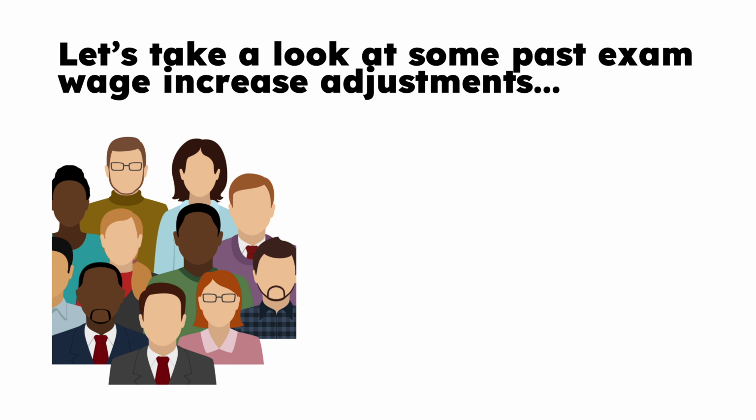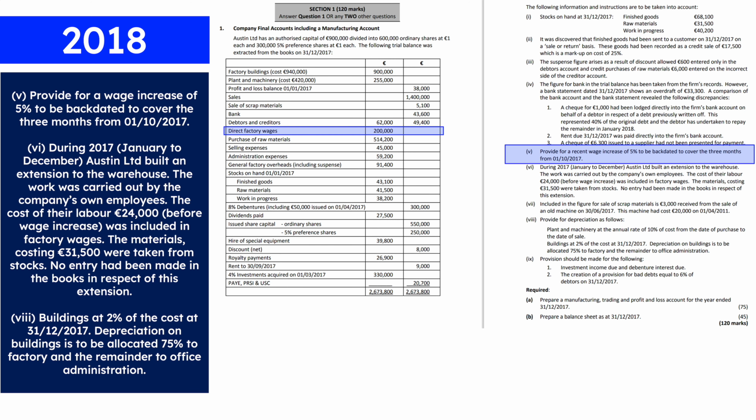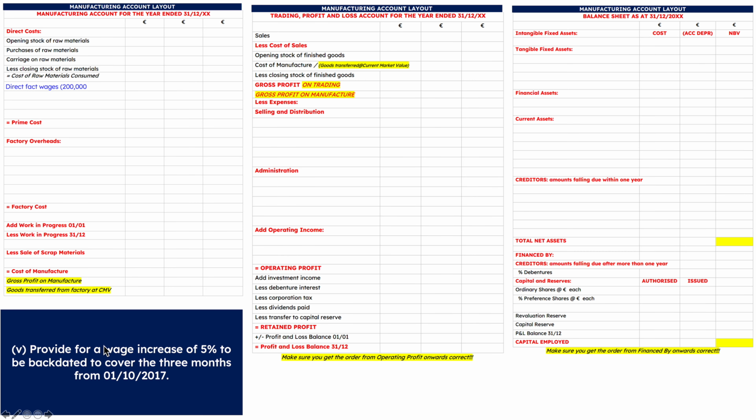Right, so let's get started and take a look at some wage increase adjustments that have appeared in the past. Looking at the 2018 question, you have direct factory wages there, 200,000, and part 5 says provide for a recent wage increase of 5% to be backdated to cover the 3 months from the 1st of the 10th, 2017. Now, just noted here that this will have an impact on the rebuilding of a store and then the depreciation of buildings when you're asked to calculate that. So it's very important that you link them up as you're going along, but we'll look at that in